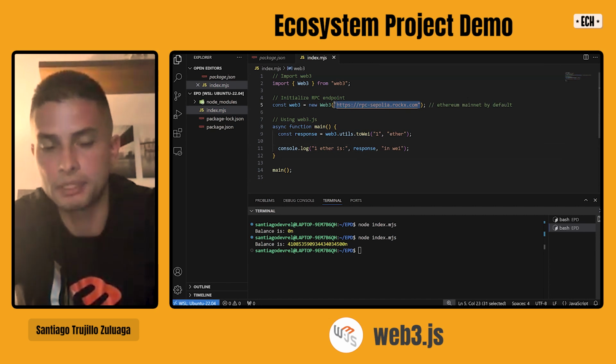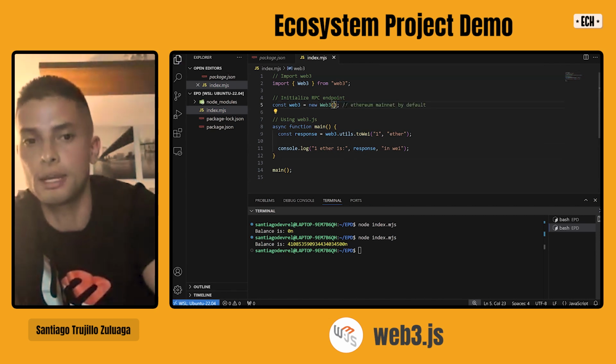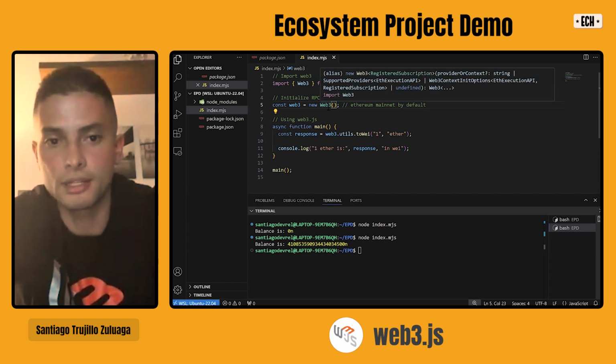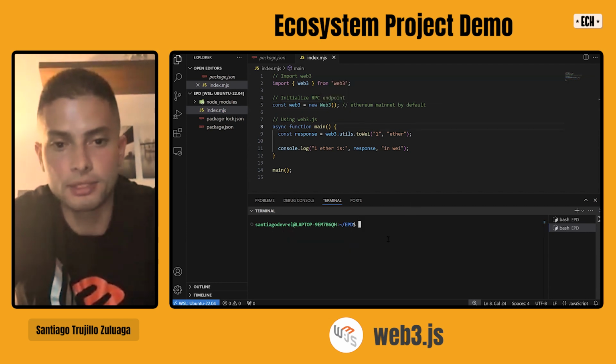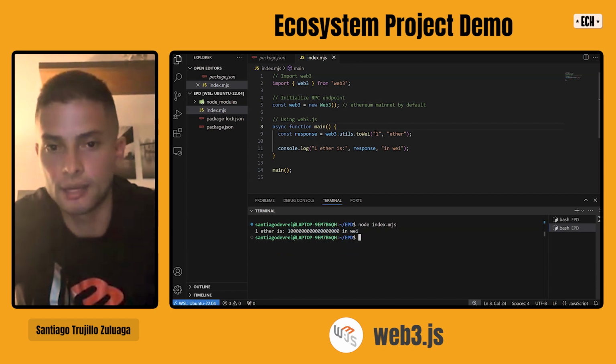For this, we don't need the RPC endpoint because the utils package is not interacting directly with any blockchain. So yeah, this is not needed. And then if we run this, we will get that 1 ether is this number in Wei, right? And then it will be the same. If I just put 2 here, then it will just change to 2,